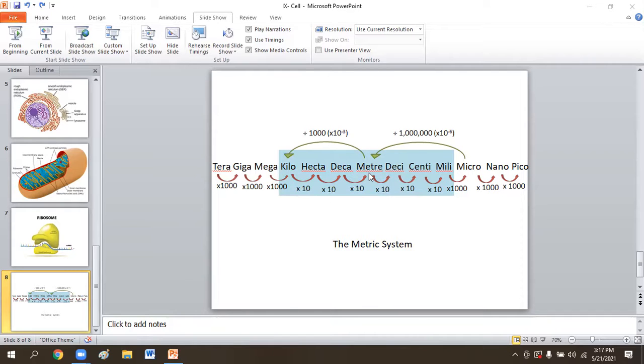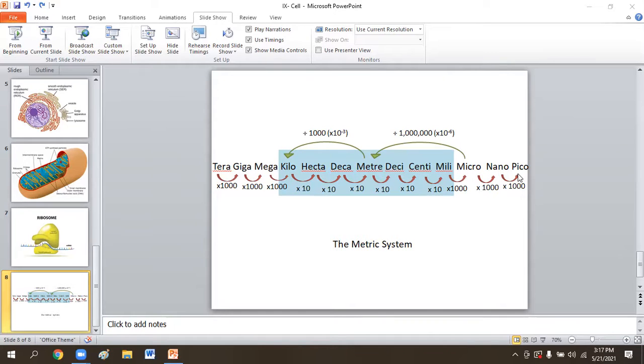So if you go from meter to milli, you will multiply by 1000. From meter to millimeter, you will multiply with 1000. Same way, if you convert something from milli to meter, you will divide it by 1000. Yes, so that's why it is 10 to the power minus 3. Yes, that's right. Then it will be 10 to the minus 3.